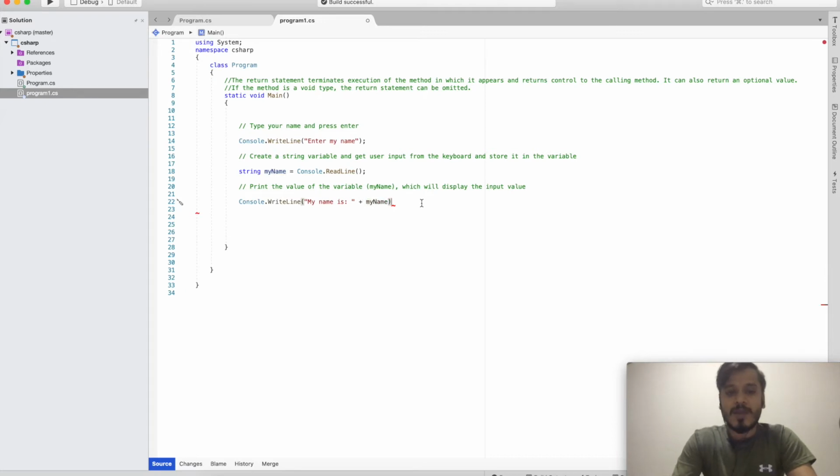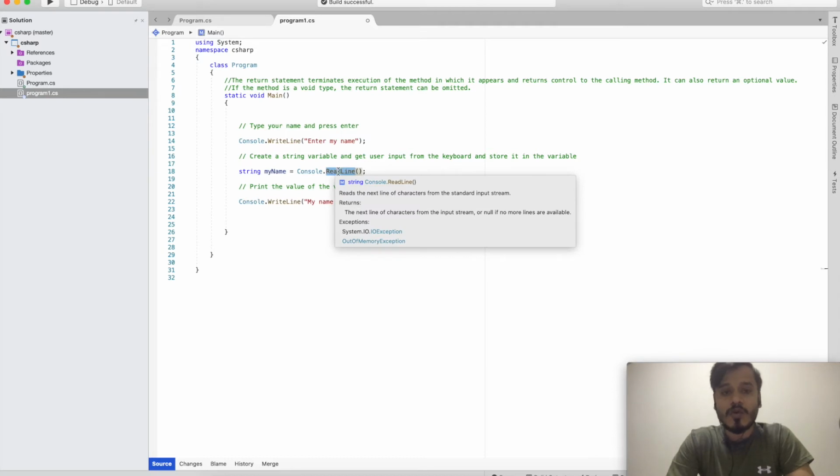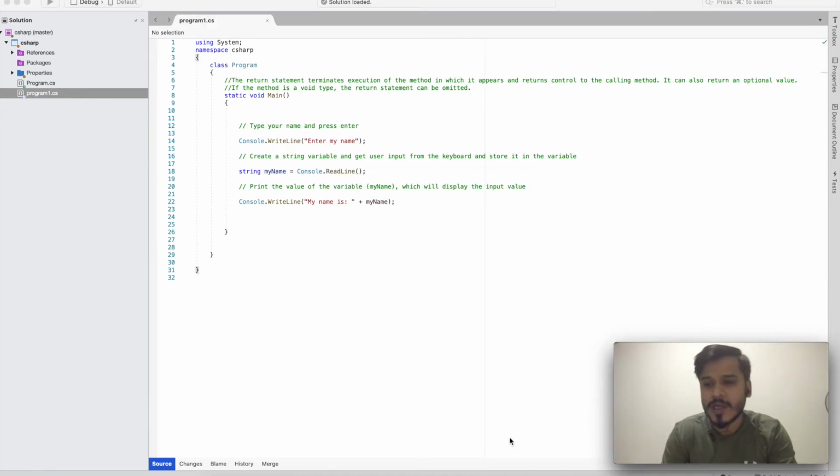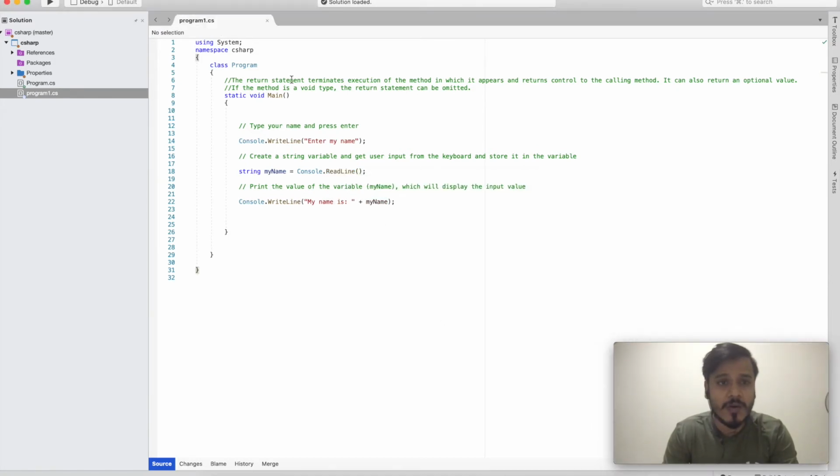Now I will terminate the code with a semicolon. So the main method which I need to utilize is ReadLine. I need to use this ReadLine in order to print any name, and the value that I take should be from the keyboard. Now I'm just going to run it and see if it is working fine or not.